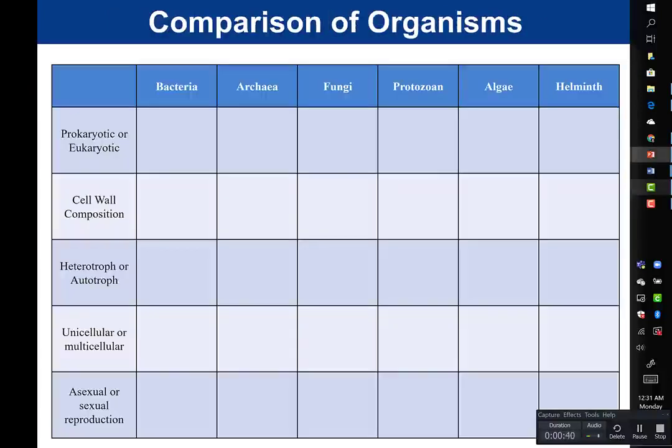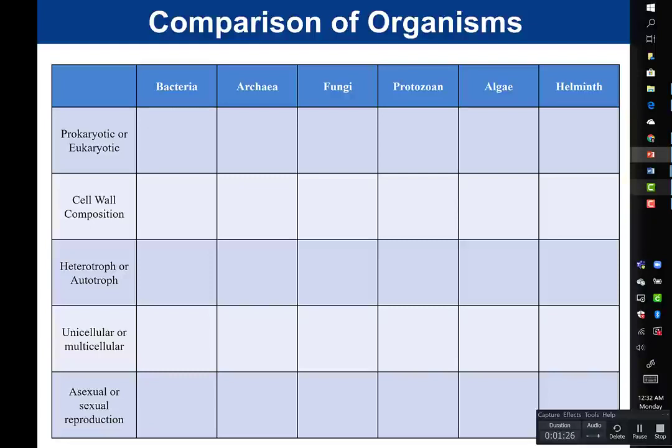So this next part is something that you are going to do in the discussion. We are going to compare and contrast the various types of organisms. So for bacteria, you would fill this in. Are they prokaryotic or eukaryotic? You want to go back through your notes and fill that in. For bacteria, what is the composition of their cell wall? What is their cell wall made of? Or for certain organisms, do they lack a cell wall? Are they heterotrophic or autotrophic or both? Meaning, can they be both heterotrophic and autotrophic? Are they unicellular or multicellular or both? Meaning they could be either,